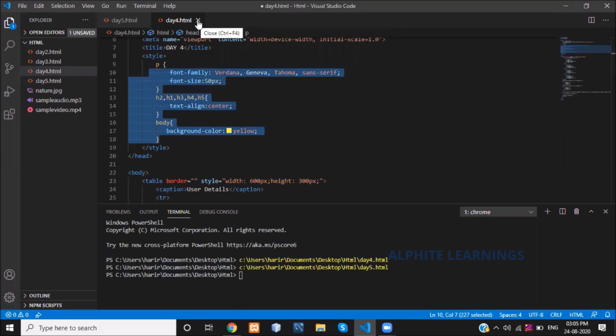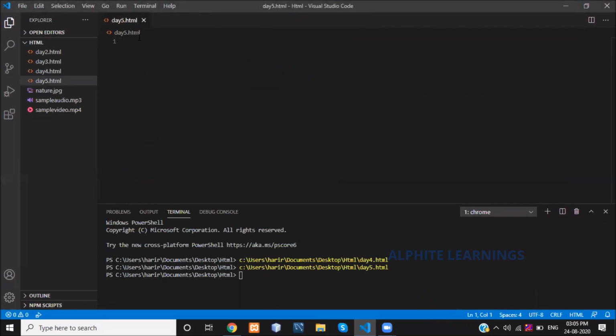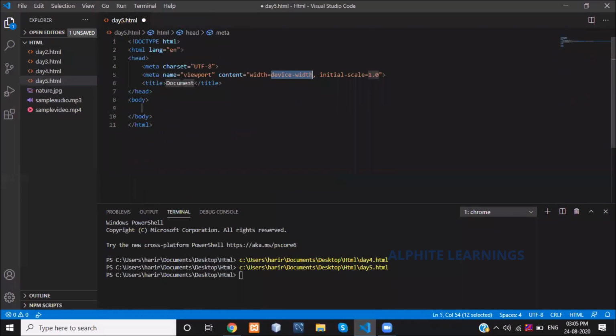Today we are going to see external CSS. What is external CSS about? Let me create the HTML. My title is day 5. Before going to external CSS, if you remember, I made a statement in day 4. Of the three types of CSS, you already learned a specific type, isn't it? Let me clarify where you learned that particular type.